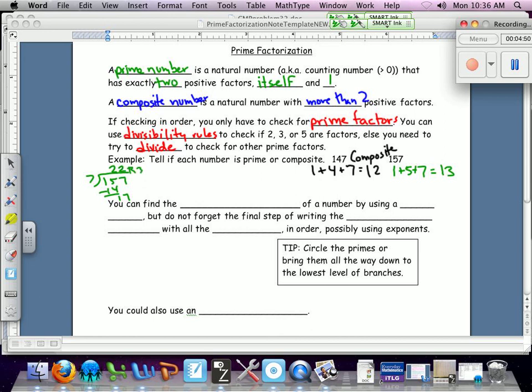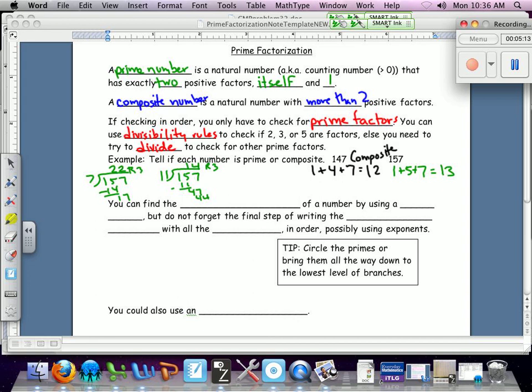I don't have to check 8. I don't have to check 9. I don't have to check 10, but I do have to check 11. 11 goes into the 15 once, that's 11, that's 47. That goes in 4 times, 44, it's going to have a remainder of 3, so it still doesn't work out. I do need to keep going just a little bit longer, and I'm going to show you when you know